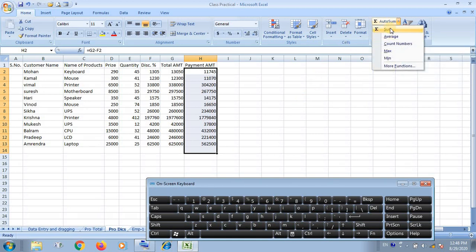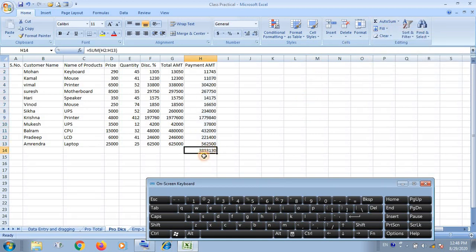If you want to calculate the total, you are looking at the total here, and from the keyboard you first select this list, and hold the Alt key and the equals to sign. It will calculate the total. Okay, now you can write total here. Okay, this will be the calculation of the discount.